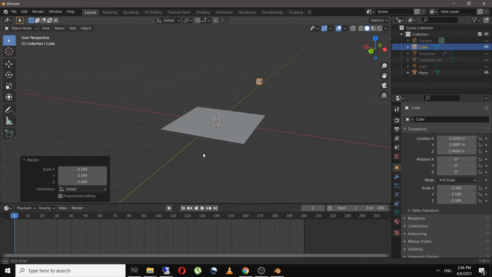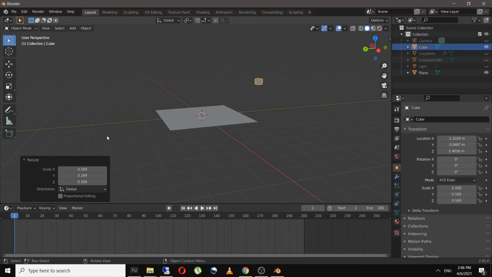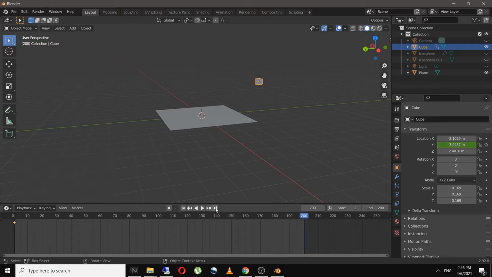So for example, let's move the cube on the y-axis over here for 200 frames. So I will go to the Y location over here and click on this animate property. This is called adding a key. I have added a key on first frame.